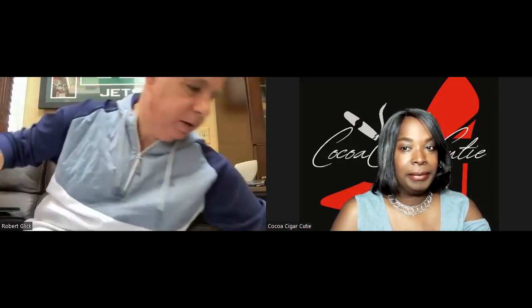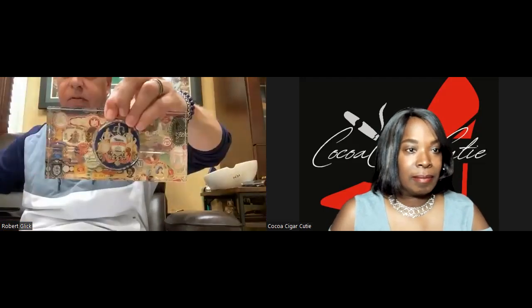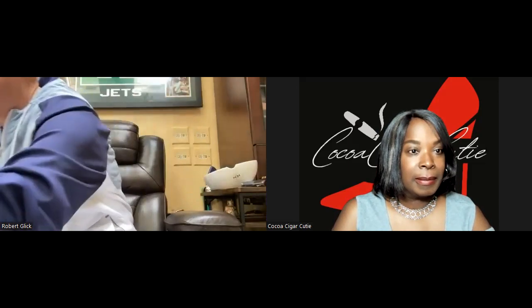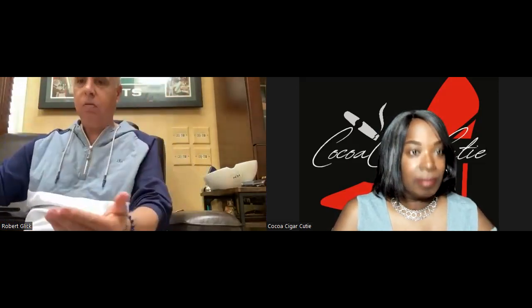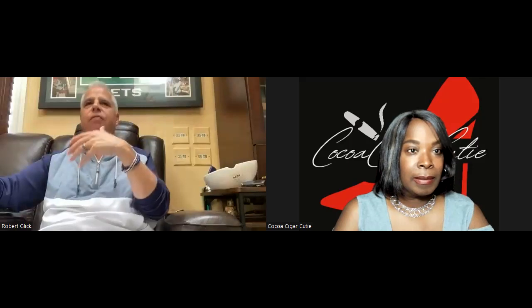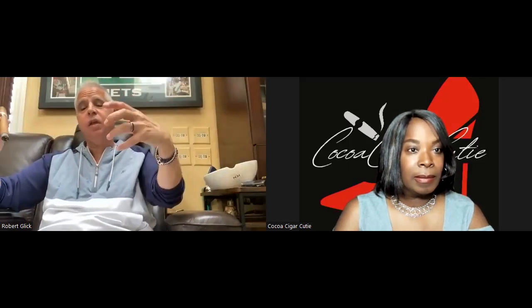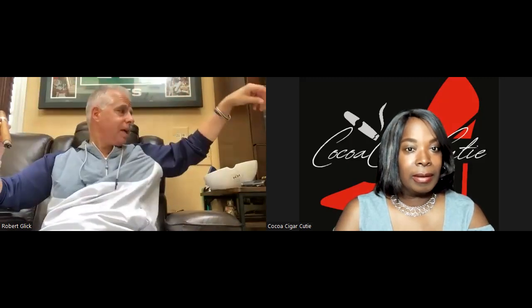But for the most part, if it's just an ashtray, let's say, for example, I just decide where the pieces are going to go. The pieces tell me where they're going to go, and I want to have a flow, like a puzzle. I want everything to fit together so it looks seamless. So, for example,